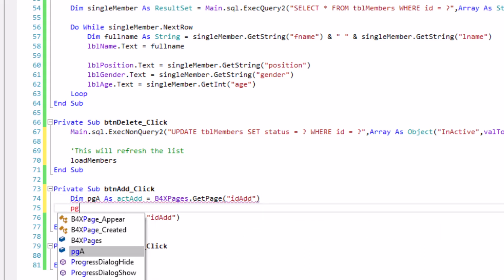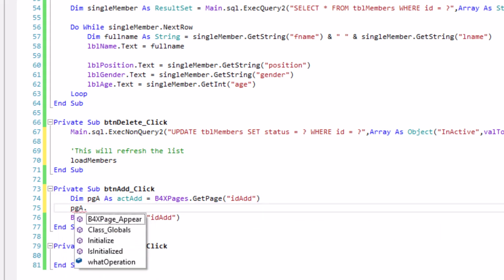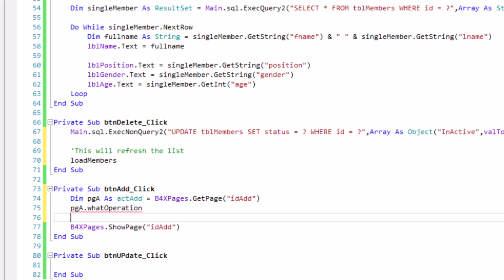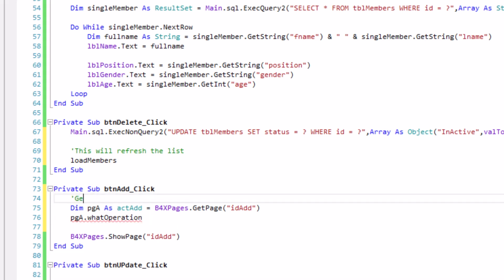So we say page A dot. So we access this variable, the global variable created in the page, we access it. A dot operation equals to what?